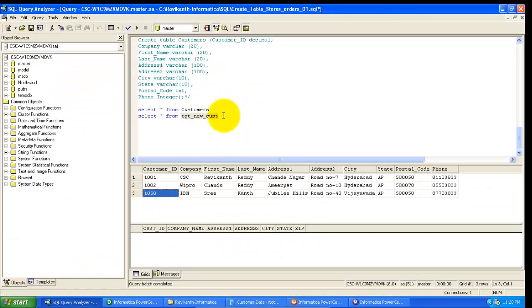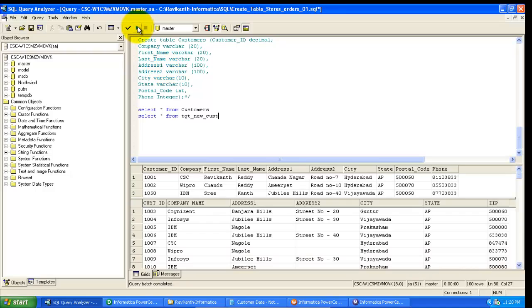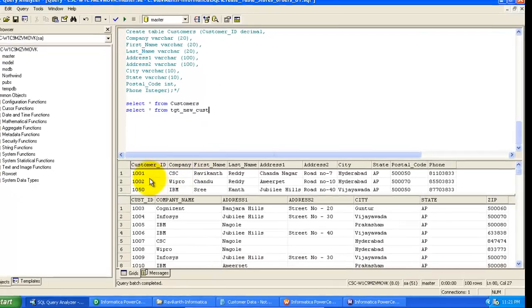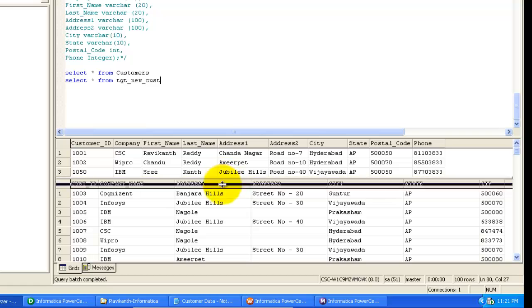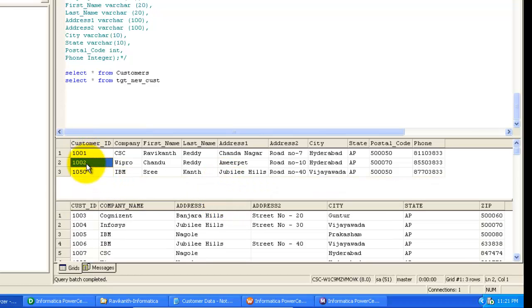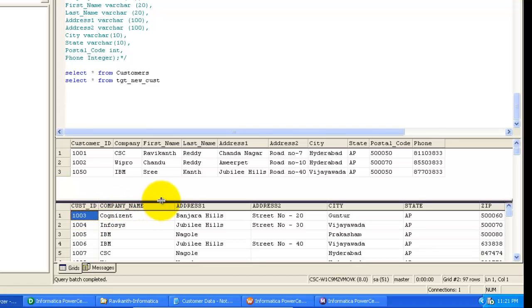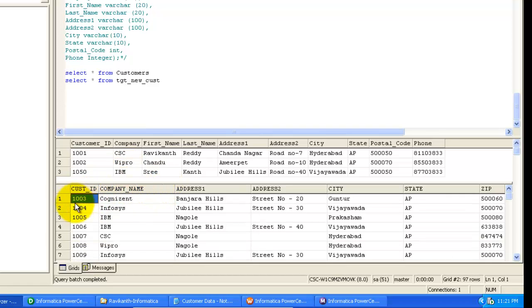So now I will run the query again. Customer IDs 101, 102, 1050 are already existing in the database. You see here the target table does not contain customer ID 101 because it already exists. Even 102 is not here.